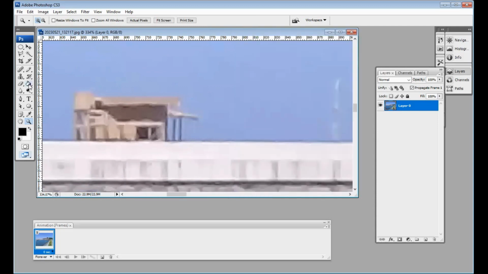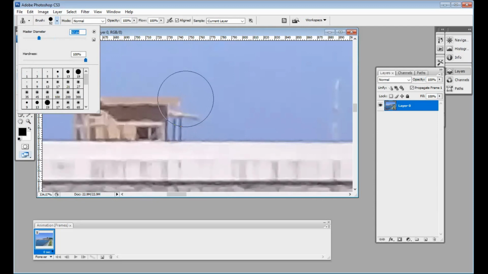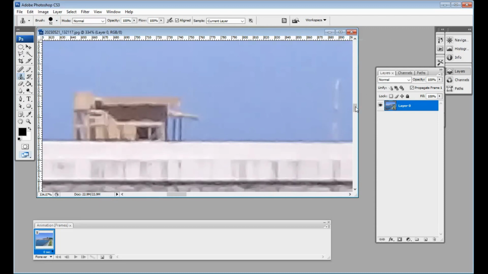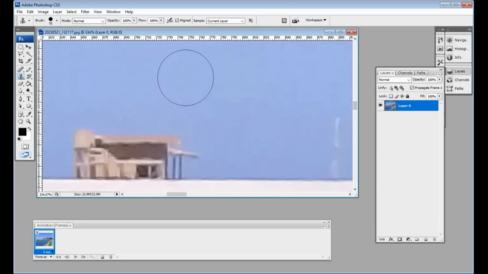Now to use the clone stamp tool, but we can adjust the size of the brush. Okay, maybe like this. Yeah, after that we start from above.